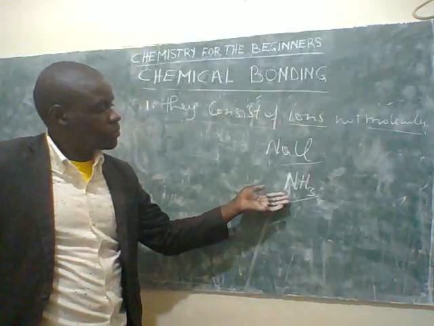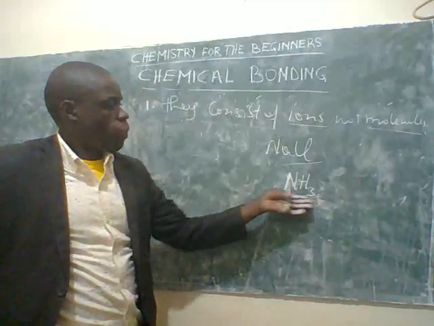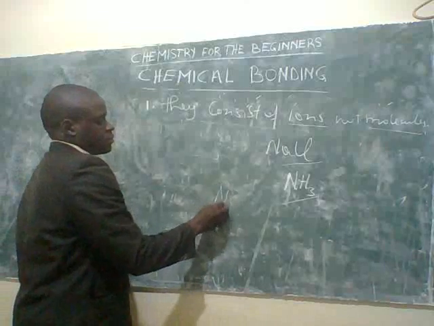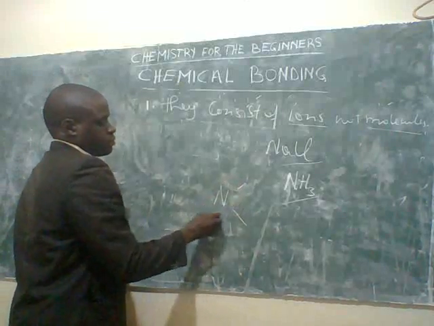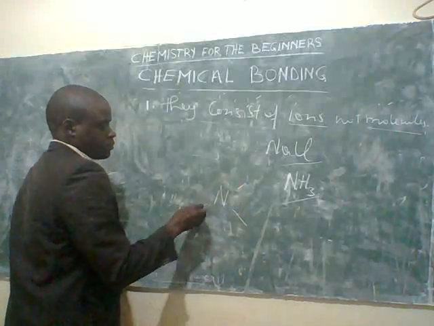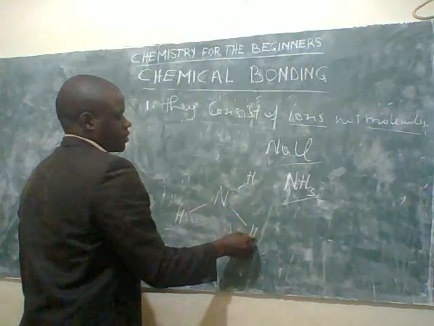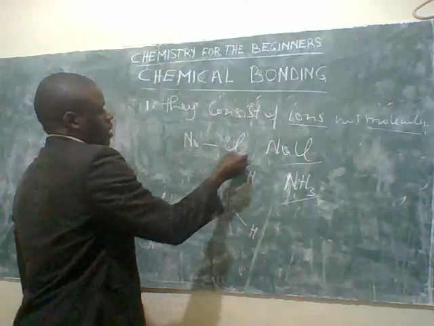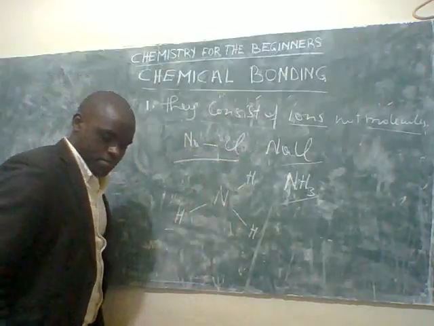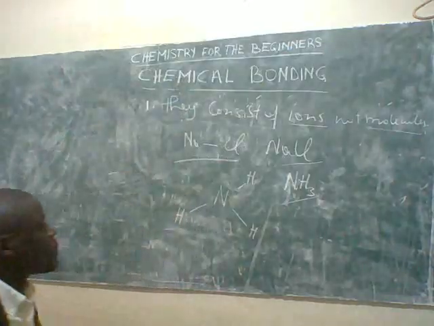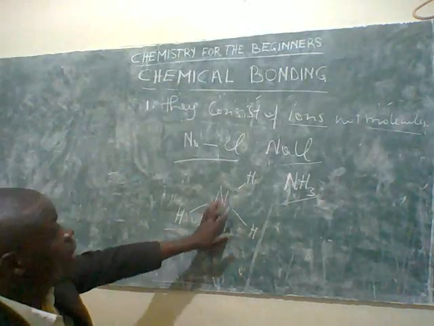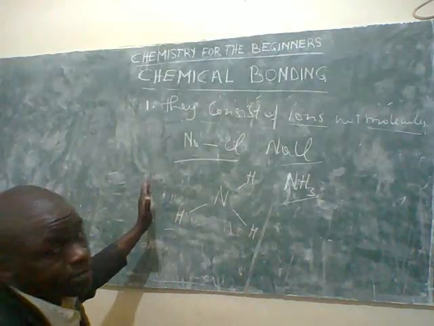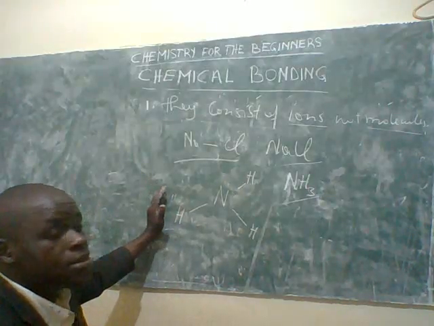Ammonia is a combination, and sodium and chloride. For example, ammonium is nitrogen and three hydrogen. Hydrogen is in family 1, but